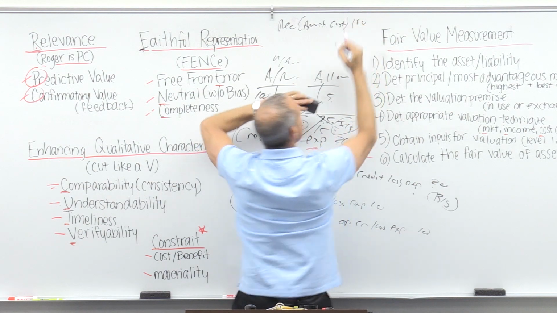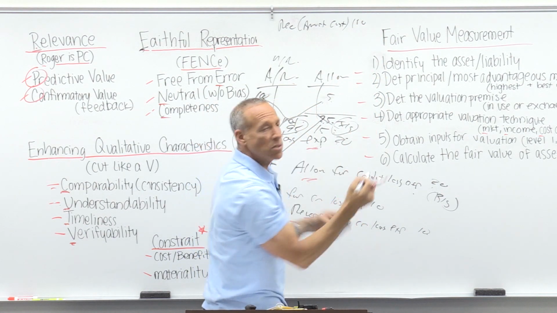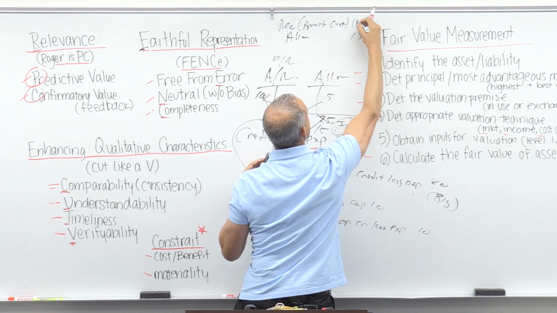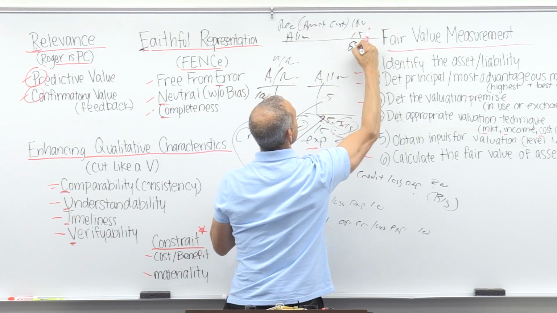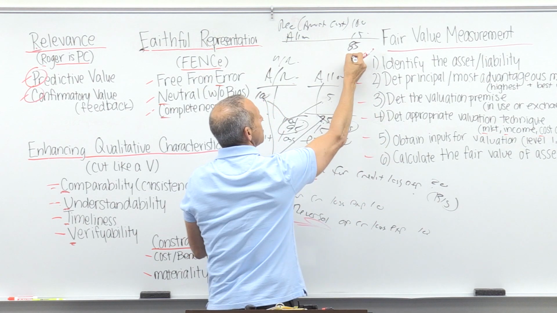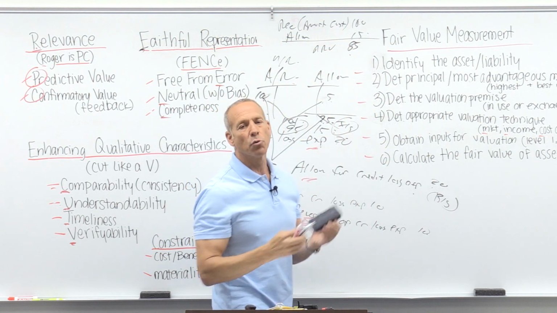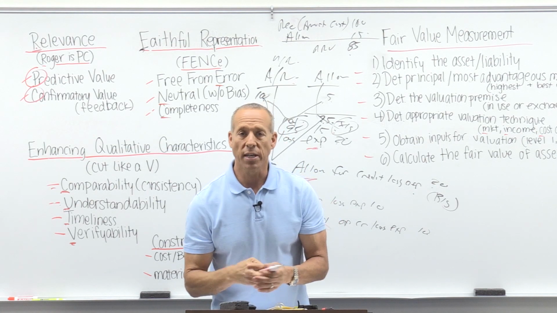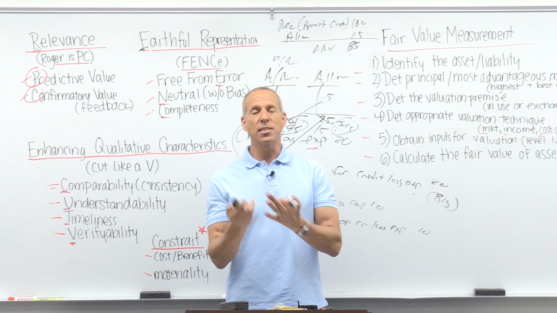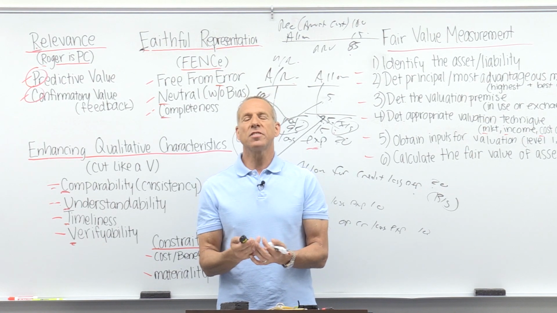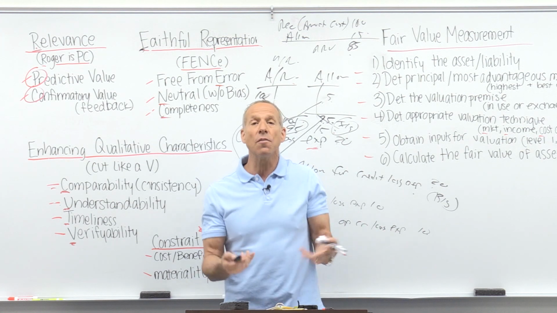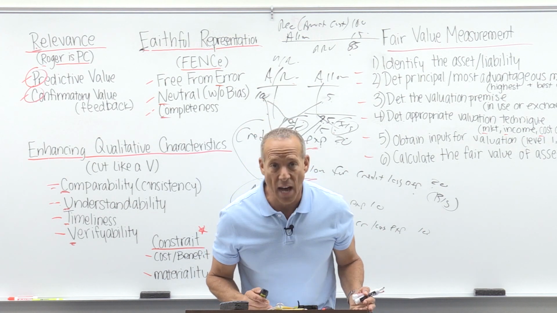Let's have 100. Then we're going to set up the allowance for the credit loss. And let's say the allowance is 15. 100 minus 15, that's 85. So we're going to have it at basically the amount we expect to collect, kind of like your NRV for receivables. So that's what we're looking at as far as how we want it to be on the balance sheet. So we're going to adjust that again. It's basically what some people have said is the amount is the same. It's just the timing of when you're going to book it that is kind of different.